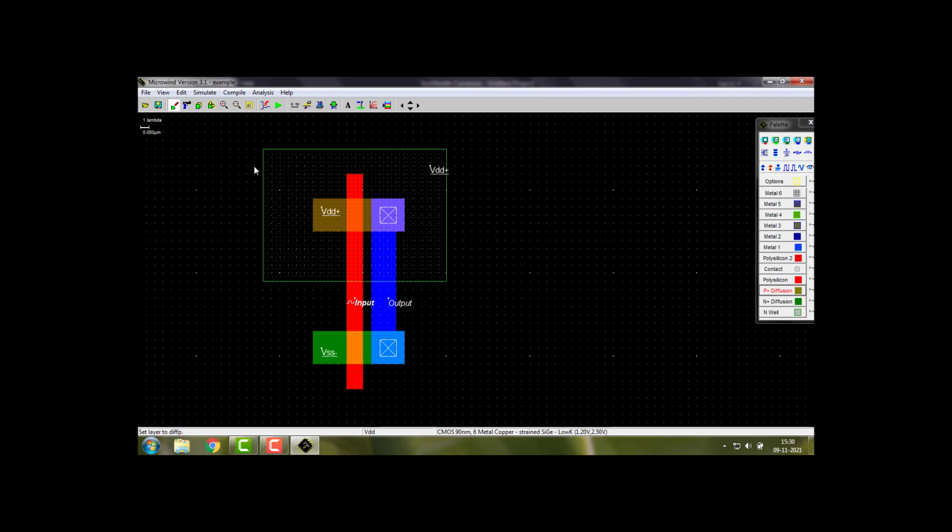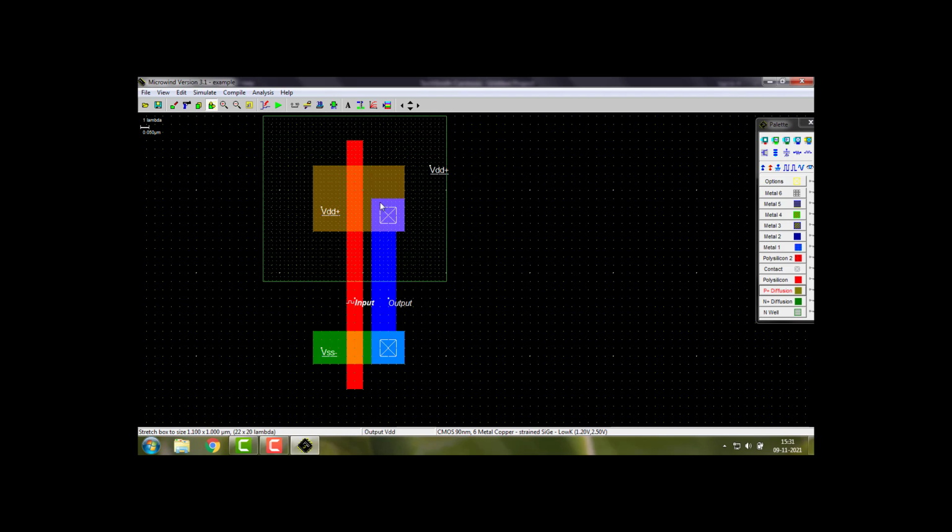Okay, so 1, 2, 3, 4. From this point I'll put p diffusion attached to this. I need to extend this another 3 lambda, so this to 6 lambda: 1, 2, 3, 4, 5, 6.